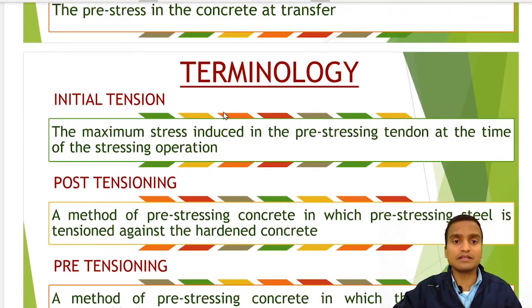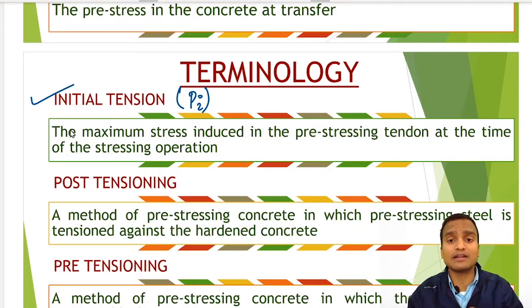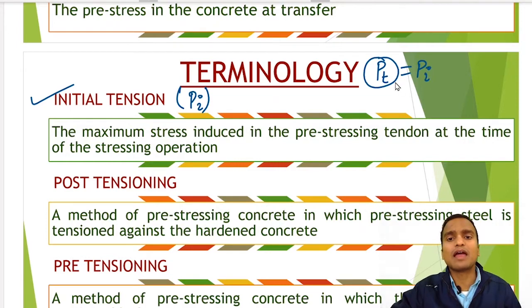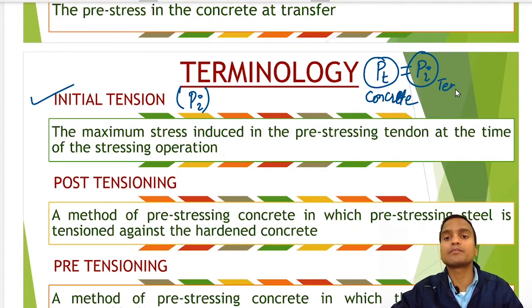नेक्स्ट टर्म इज द इनिशियल टेंशन. इनिशियल टेंशन अभी अभी डिस्कस किया है Pi. ठीक है, इनिशियल टेंशन इज द मैक्सिमम स्ट्रेस दैट वी हैव इंट्रोड्यूस्ड इन द प्री स्ट्रेसिंग टेंडन एट द टाइम ऑफ स्ट्रेसिंग ऑपरेशन. सबसे पहले हमने टेंडन में Pi लगाया. ठीक है, और जब ट्रांसफर हुआ तो ट्रांसफर के समय अगर हम कहें Pt इज द ट्रांसफर ऑफ प्री स्ट्रेस, Pt इज जनरली इक्वल टू Pi, and Pi is the initial tension in the tendon and Pt is the initial pre-stress in the concrete. तो मैं लिख दे रहा हूं, यह है कंक्रीट के लिए और Pi है टेंडन के लिए. ठीक है, so initial tension is the maximum stress that we have induced in the pre-stressing tendon at the time